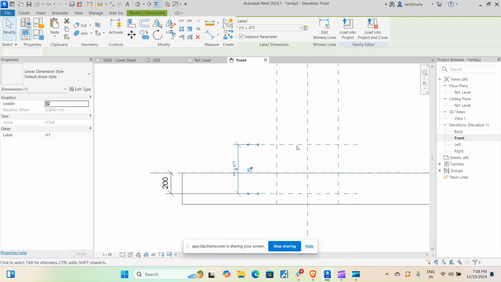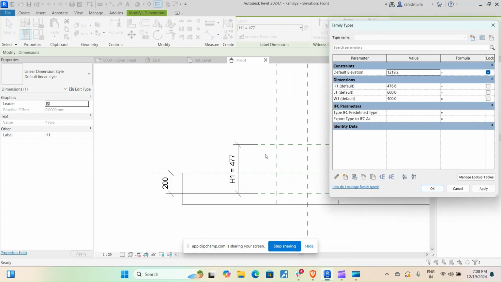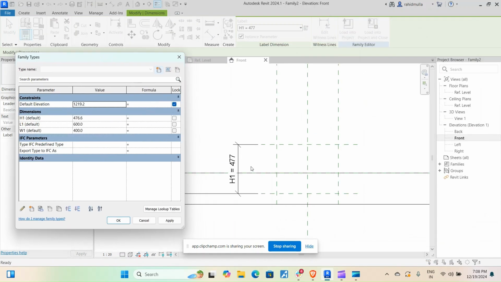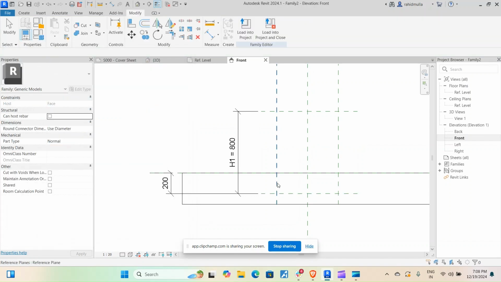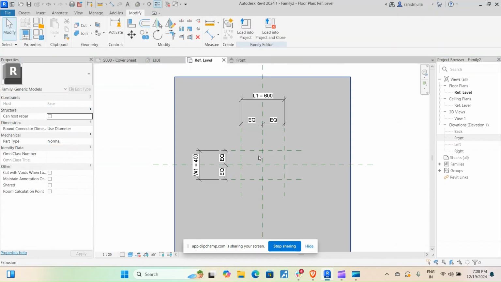Again, instance property, and let's see this h1, does it move down or does it go up? It should go up. We'll give this as 800. Okay, it goes up, so this distance is locked. Okay, fine. So now what we'll do is